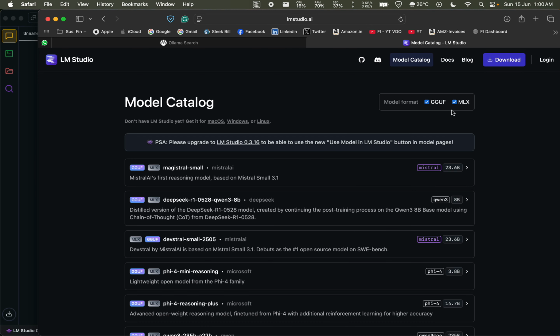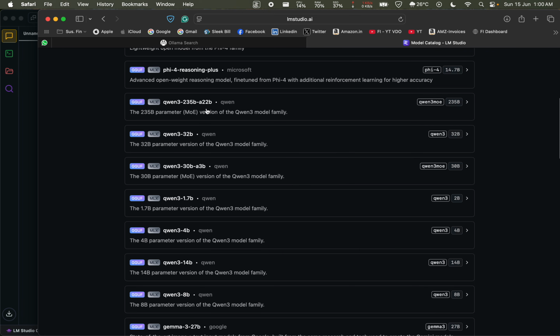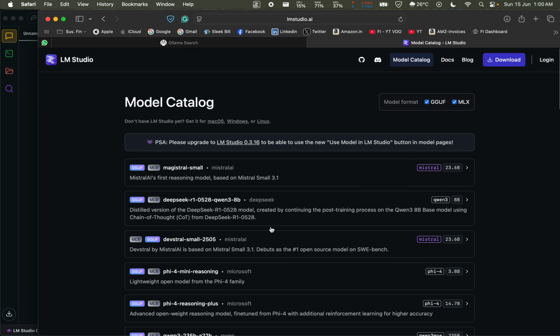Then you can go to the model catalog over here. In the model catalog, you can search for the kind of models that you want to use. Okay. There are two different formats of models. One is GGUF and the other one is MLX. GGUF is mostly